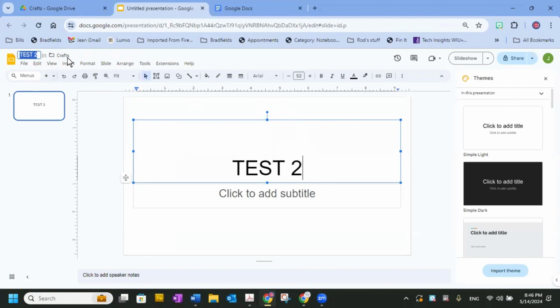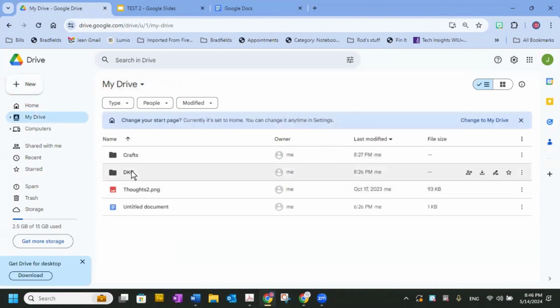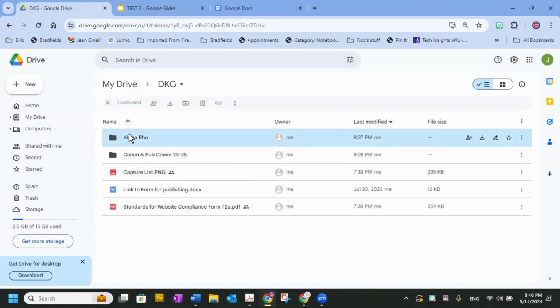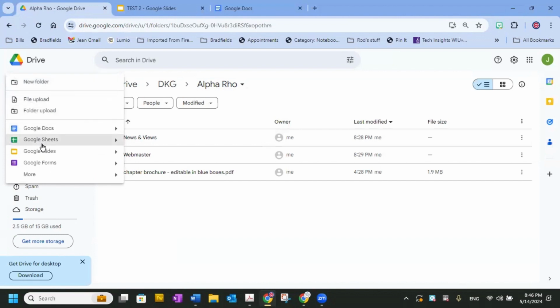Why is it in the crafts folder and not in my drive? Well, that's because when I was putting the first test into the crafts folder, I stayed in the crafts folder. So if you want a file to be in a certain folder, you can make that happen by being in the folder that you want to put it in. So for example, if I want to do something for Alpha Row, I open my Alpha Row folder. Now when I go to New, and Google Sheets,